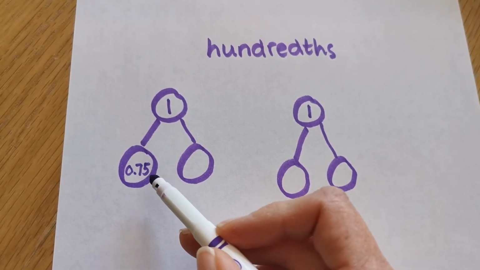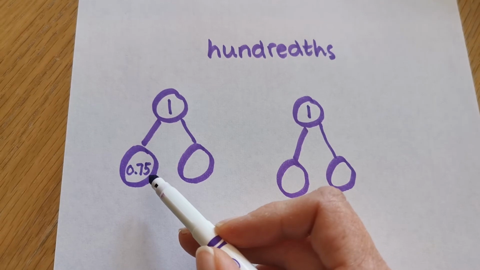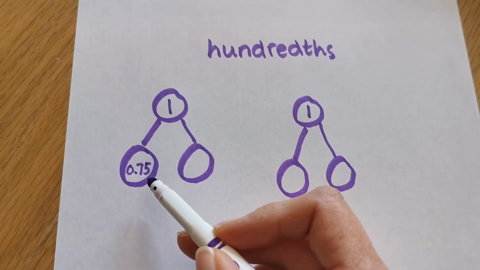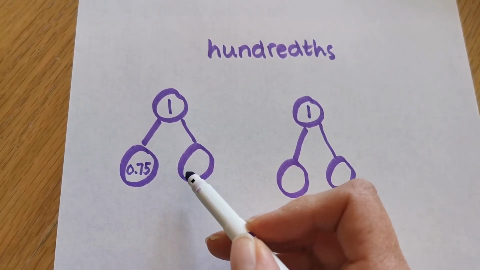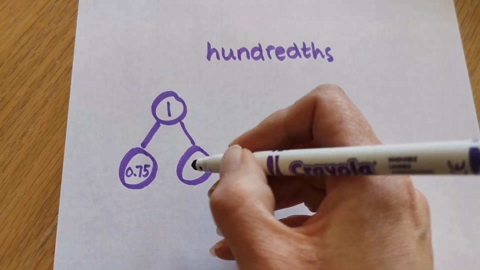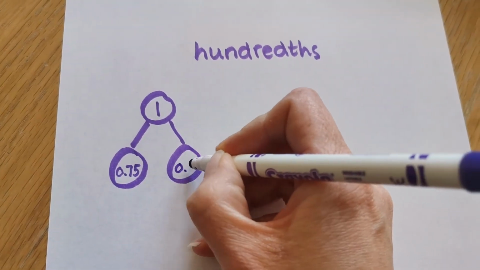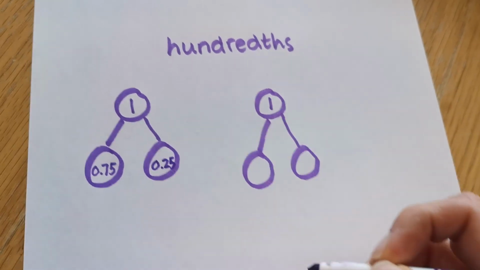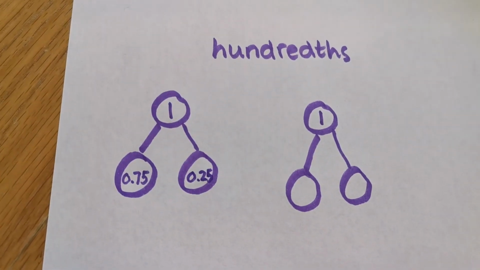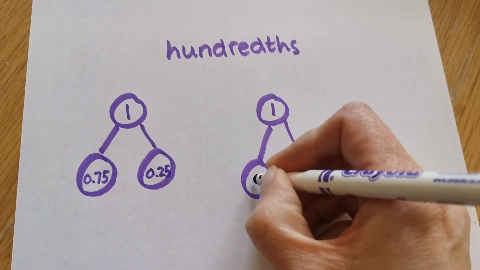So from 75 up to the next multiple of 10, which is 80, we would need 5. And then from 80 to 100, we've got 20. So it's 25, or in this case, 0.25 is the missing number, the missing decimal. If we've got